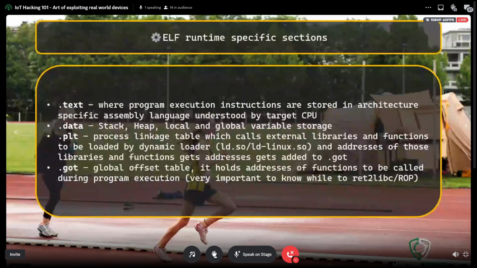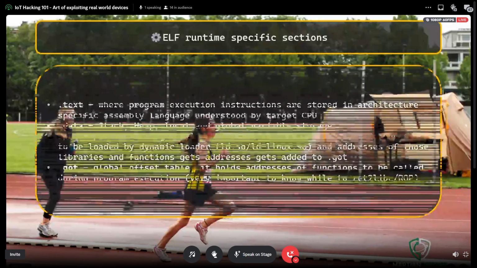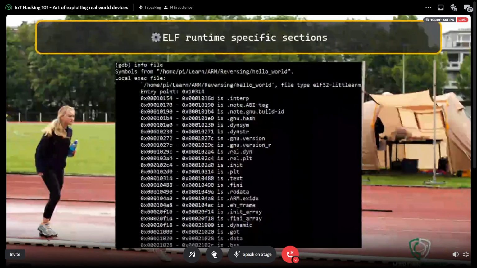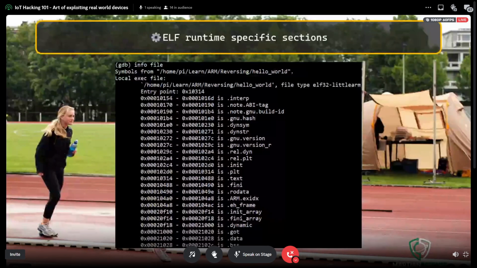So actually, when you have a dynamic program, it has both entries, but they point to each other in PLT and GOT. They are pointers, basically memory addresses. So this is quite a simple view of a Linux binary and how it has these sections inside. You can open GDB, type the info file command, and whatever program you have loaded, you get this table, the symbol table, and you can see what sections are inside.